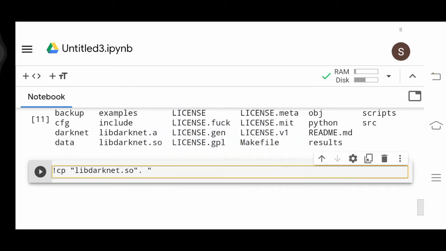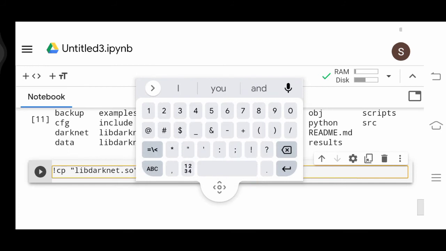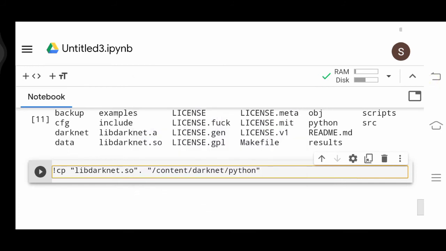So just paste this into the Python folder. Okay, so this is where, to get a Python wrapper, you have to do this. So just copy this.